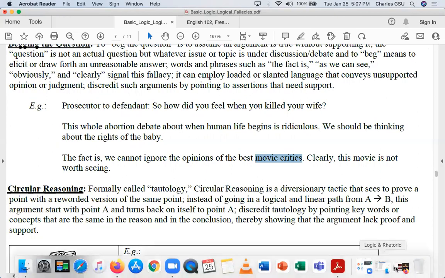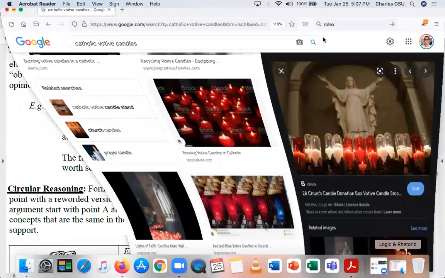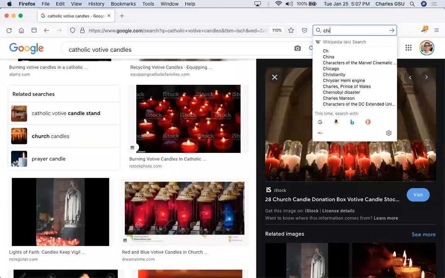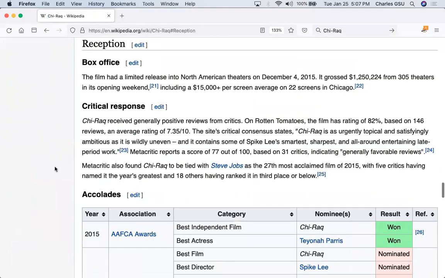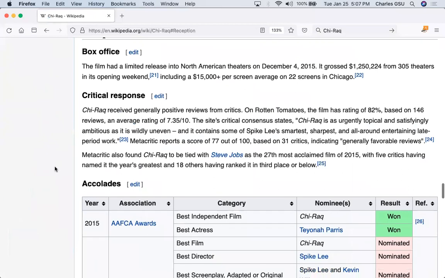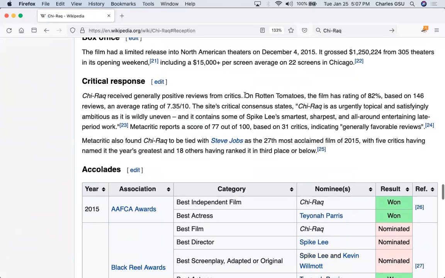I've always wondered, when you look at movie ratings, like Rotten Tomatoes, here at 82%, based on 146 reviews, okay, so who are these 146 people, right? Do they represent what you might like? They're saying you should go see